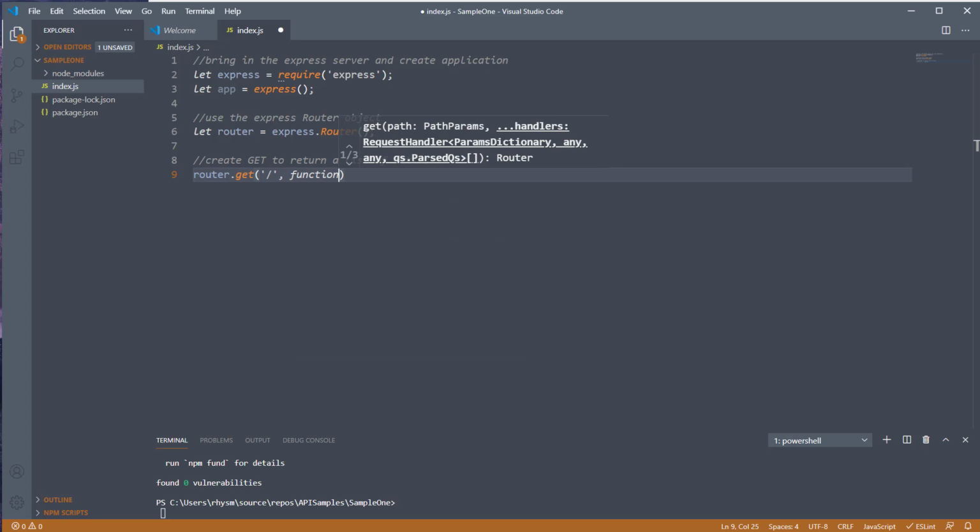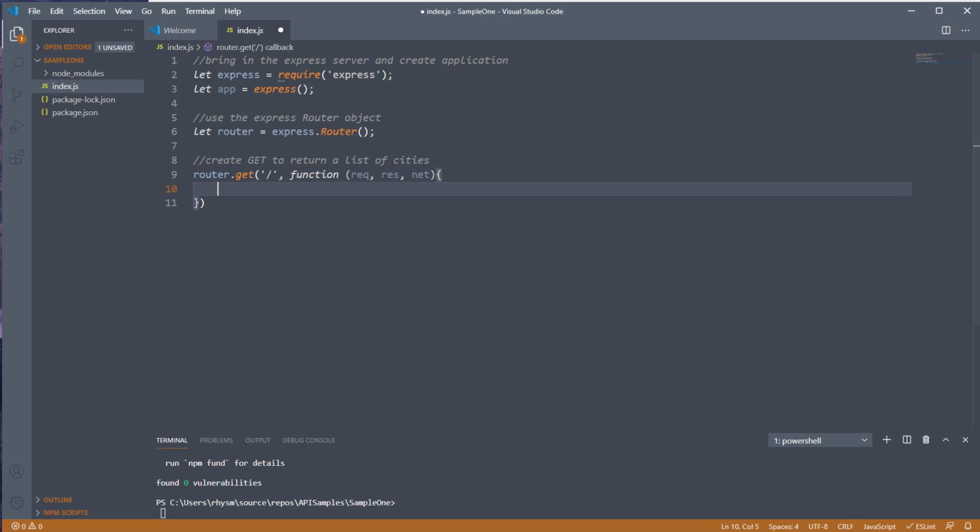Then we're going to point this to a function. And then what do we want to send? Let's pick a city. Let's say Boston. I'm just going to pick a bunch of American cities that you may or may not be familiar with. And then we're going to configure the router